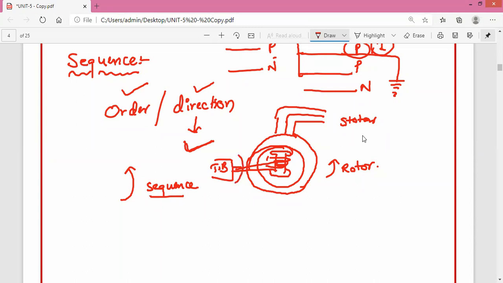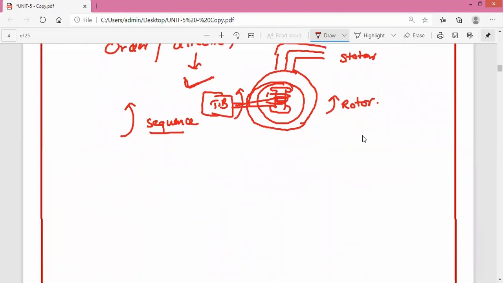If the turbine is rotated in a counterclockwise direction, then the sequence will depend on the counterclockwise direction, or the sequence will be based on the turbine rotation. So being electrical engineers, we think of the sequence as being taken from the rotor rotation instead of the turbine rotation, because in our electrical part the main rotation starts from the rotor only. As the rotor is rotating in a counterclockwise direction, the sequence can be considered using its rotor direction.